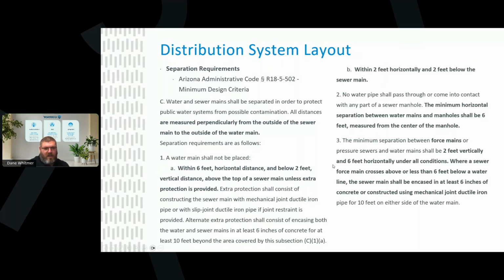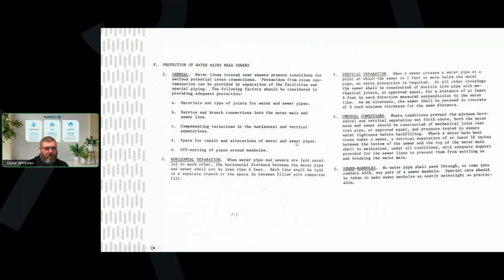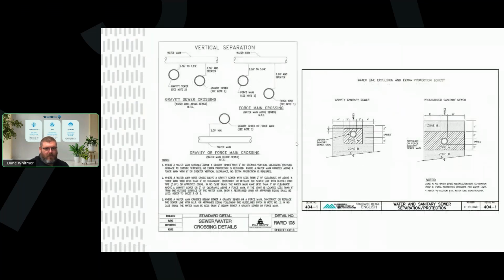So there are these laws, and these have been interpreted by local associations of government. Here's, for example, a couple of details by Pima County, and here's one by Maricopa Association of Governments to depict what that law is stating, how we should separate ours. If you're asking me, I would recommend that all crossings provide the maximum level of protection to public health. So we prevent these cross connections in the actual design of it.